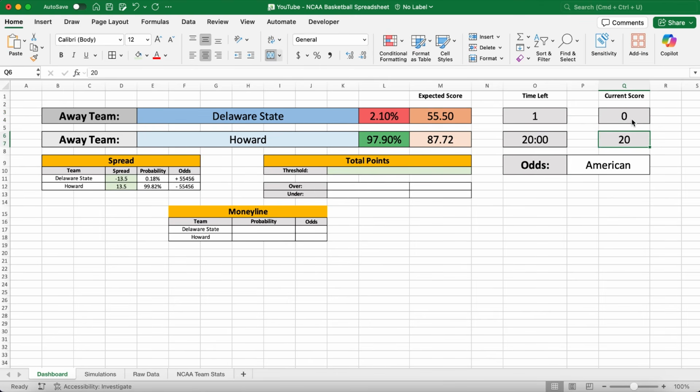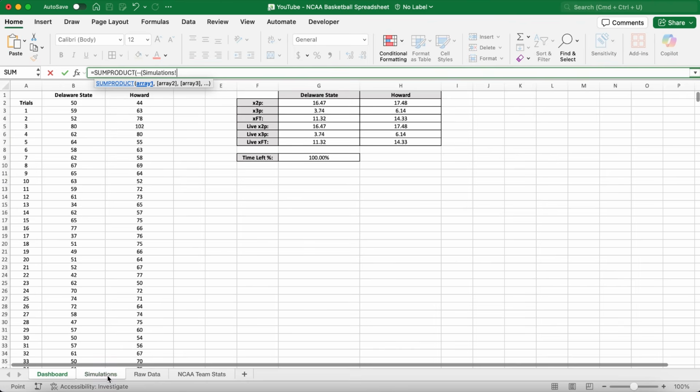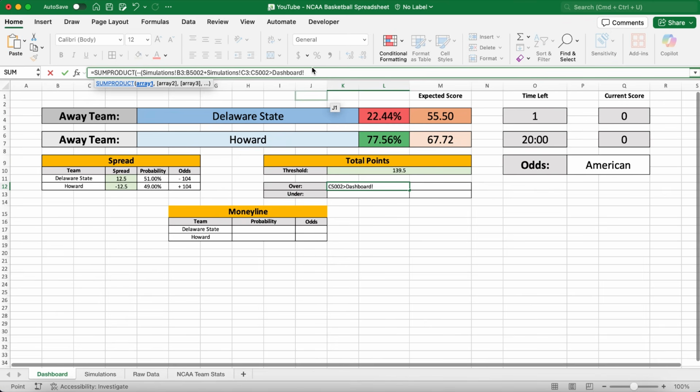If I change the current score to the start of the game where it's 0-all and change the spread back so that Delaware has an advantage of 12.5 points and vice versa on the opposite hand for Howard, the probability becomes about 50-50. I can do the same thing for total points, so I can see based on the threshold in K10, 139.5 points using the sum product function with the double negative at the front, open bracket. I'm counting the amount of times that the simulations in B3 to B5002 plus C3 to C5002 exceed the threshold in K10,